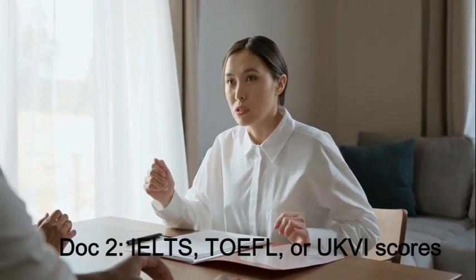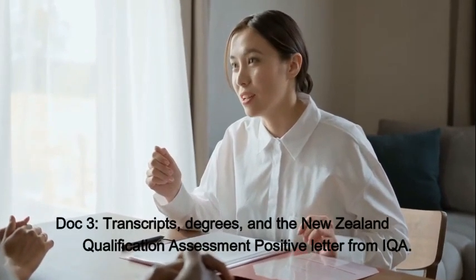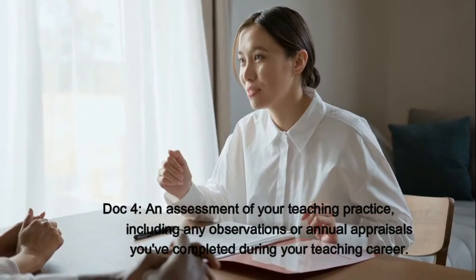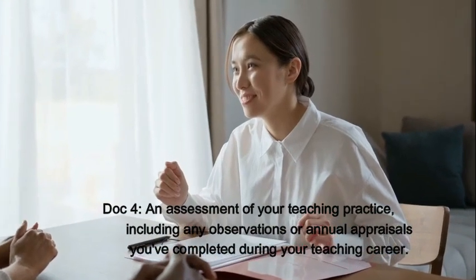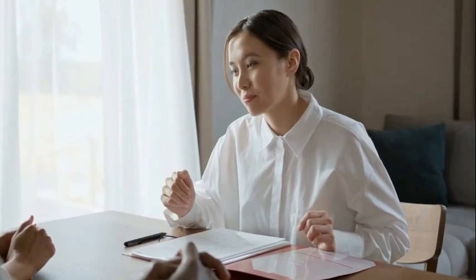Make sure to check the Teaching Council's website at teachingcouncil.nz/gettingcertif to confirm which tests are acceptable. Document number 3, your transcripts, degrees, and the New Zealand Qualification Assessment, the positive letter from NZQA. Document number 4, an assessment of your teaching practice, including any observations or annual appraisals you've completed during your teaching